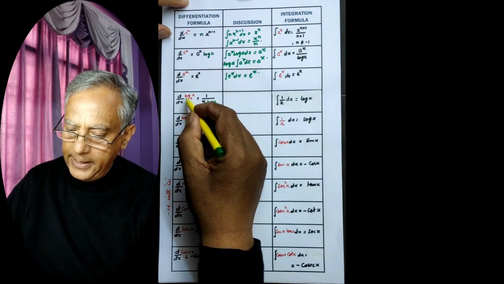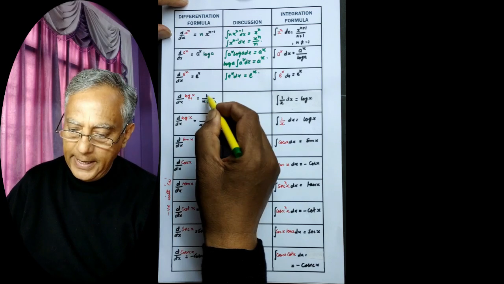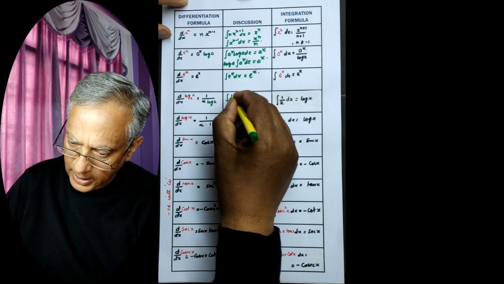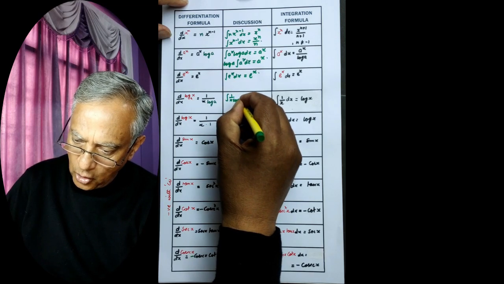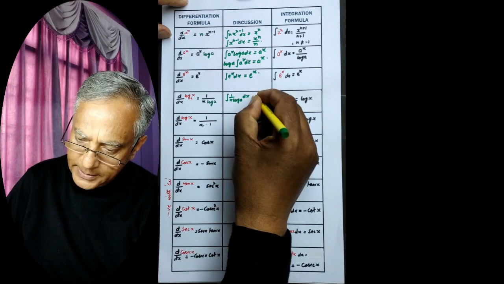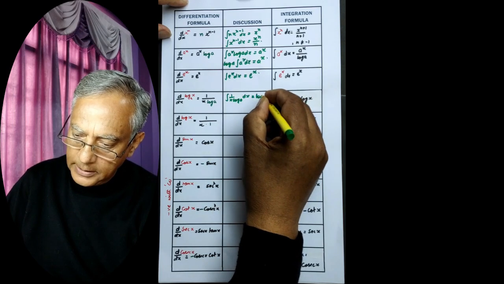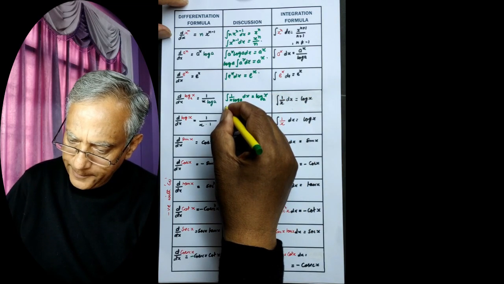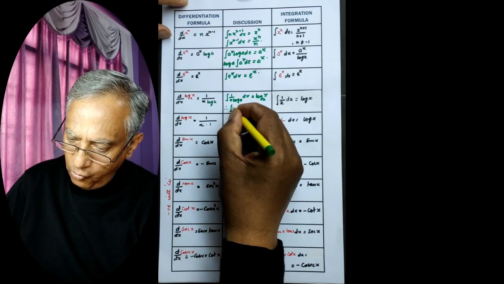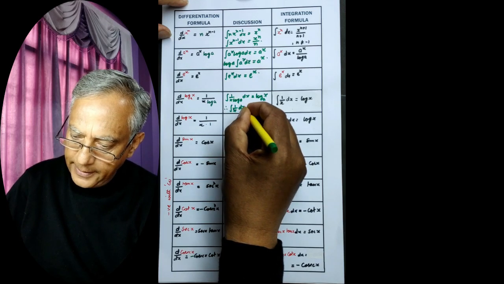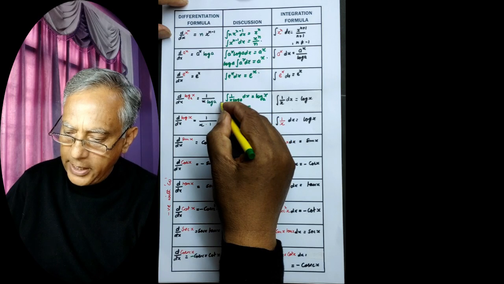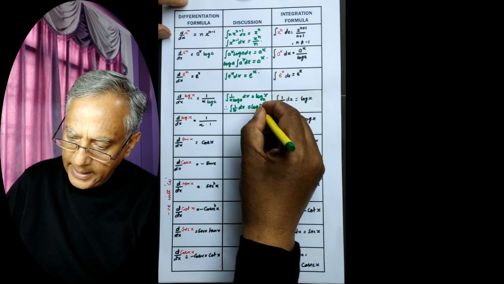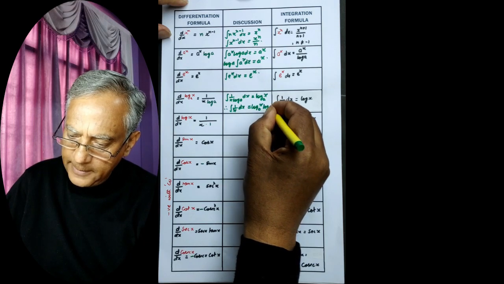Next is dy/dx of log x to the base a is 1 by x log a. Therefore integration of 1 by x log a dx will be equal to log x to the base a, and therefore integral of 1 by x dx will be equal to, this log a will come out and we will take it to the other side. So this will be log x to the base a into log a,